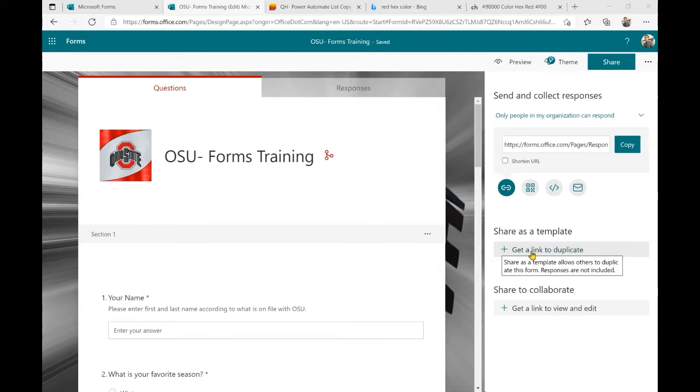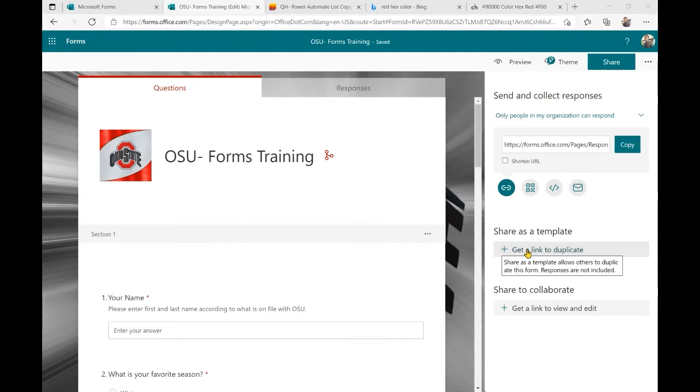And maybe you want to share this with someone else. Maybe someone's like, I really love that form. I love this assessment form that you built to have weekly conversations with your team. How can I get that form for my team? You can create a template and share this link to the template. That way they can change the colors, they can change some of the questions, and it will not affect yours whatsoever. And they also don't have to build the entire form from scratch.